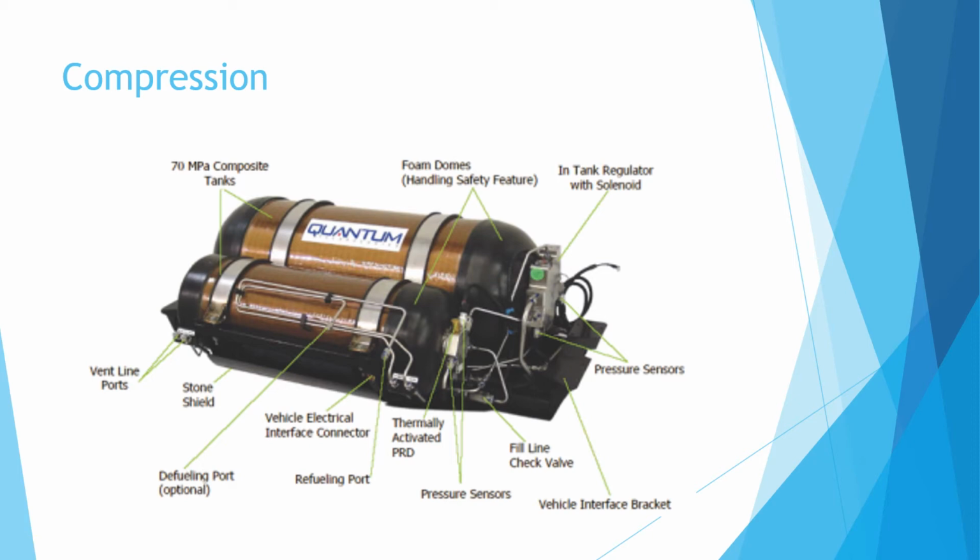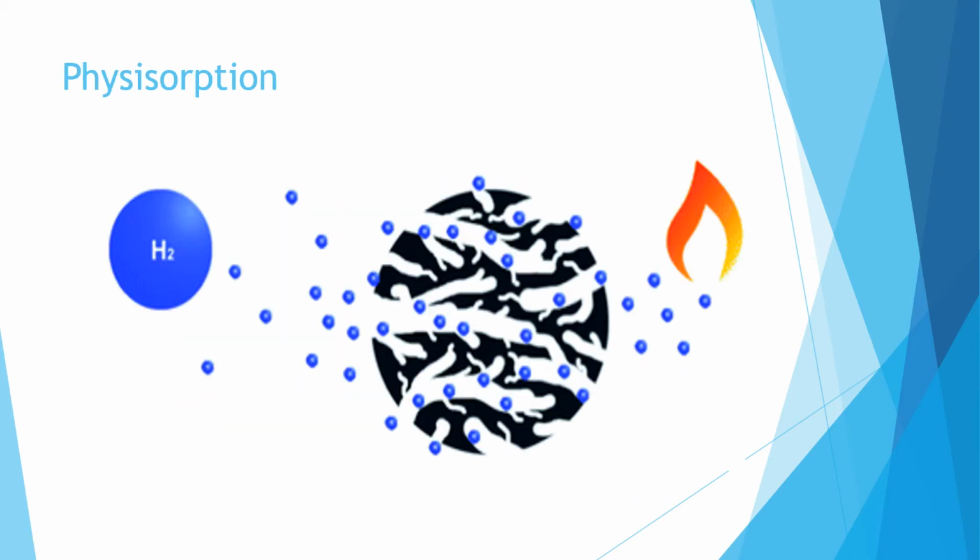Here the picture shows the compression, where hydrogen is compressed to store. So this is another method, compression. The next is